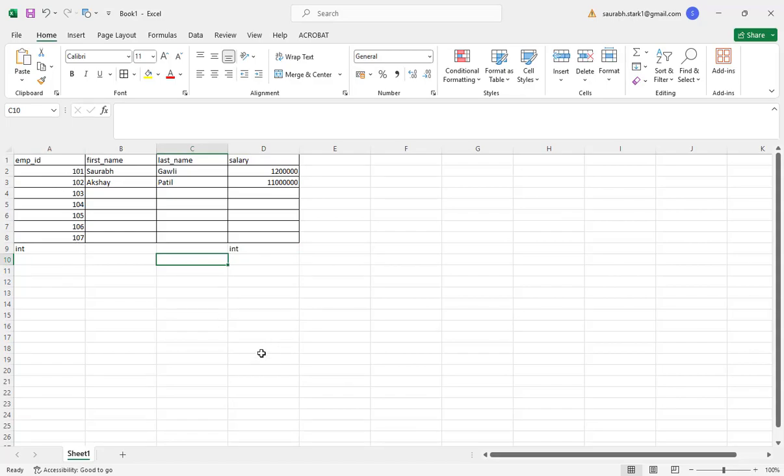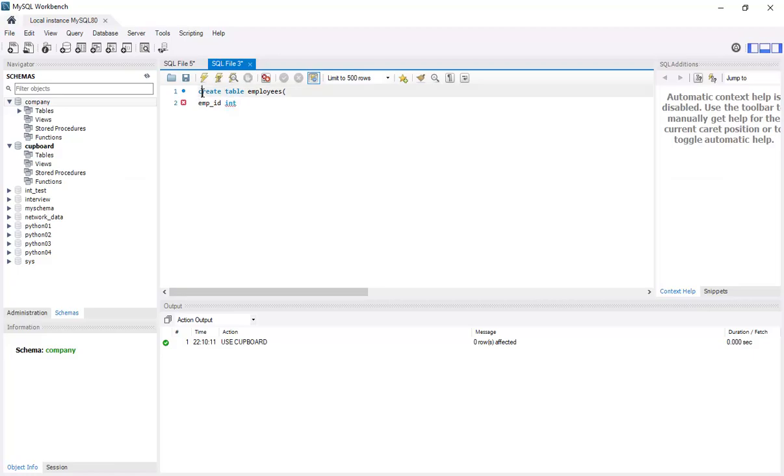So whenever we are describing a table, we are writing the logic of the table: create table employee, we give a round bracket and then we write the name of the column that we want to give, then the data type, that is, what type of data will be saved in it. Okay, so now